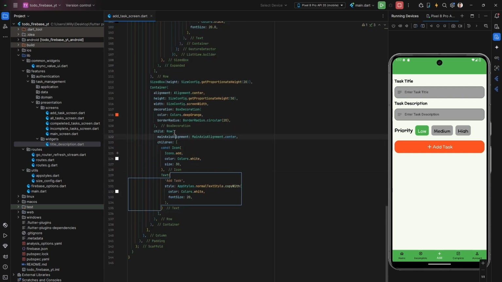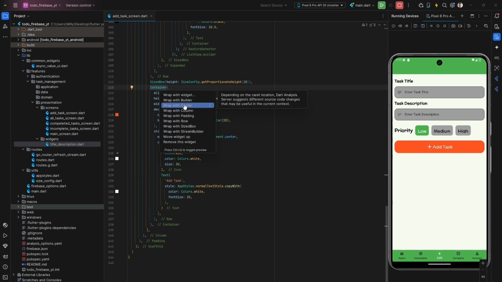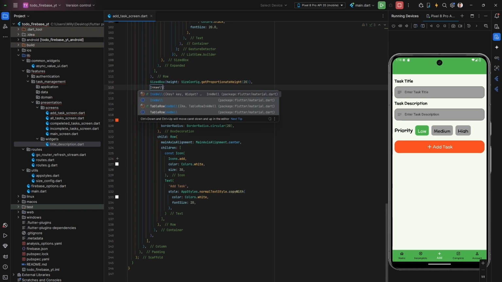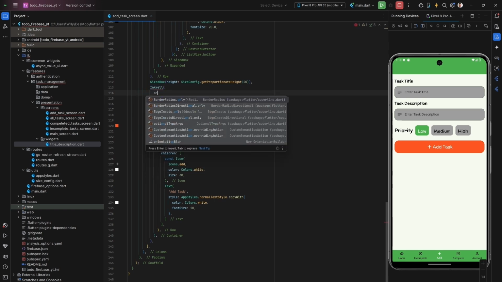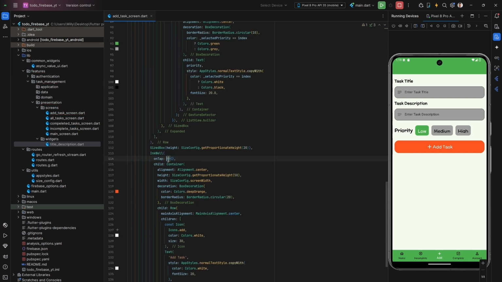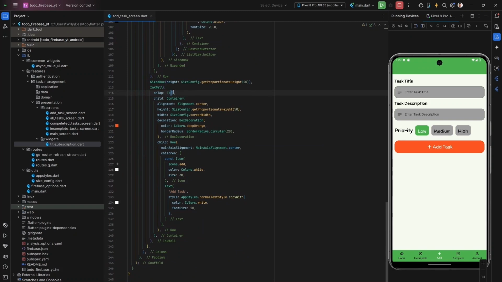Since we want this container to be clickable, I'm going to wrap this container inside of an InkWell. And so I'm going to use an onTap method here. We are going to implement this later after we have created the repository for adding data to Firebase Firestore. Right, so before we continue from here,